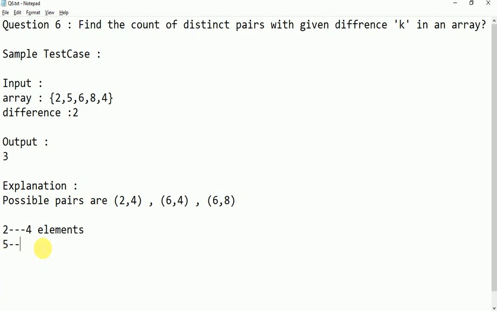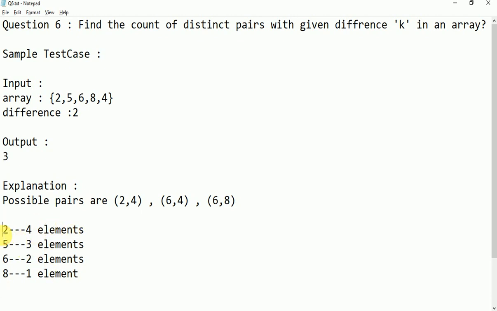So 5 will be compared with the next 3 elements, and then the element 6 is compared with the 2 elements, and when it is pointing to 8, it should compare with the rest of 1 element. When it is pointing to 4, there is nothing to compare, right? So you should stop comparing there.